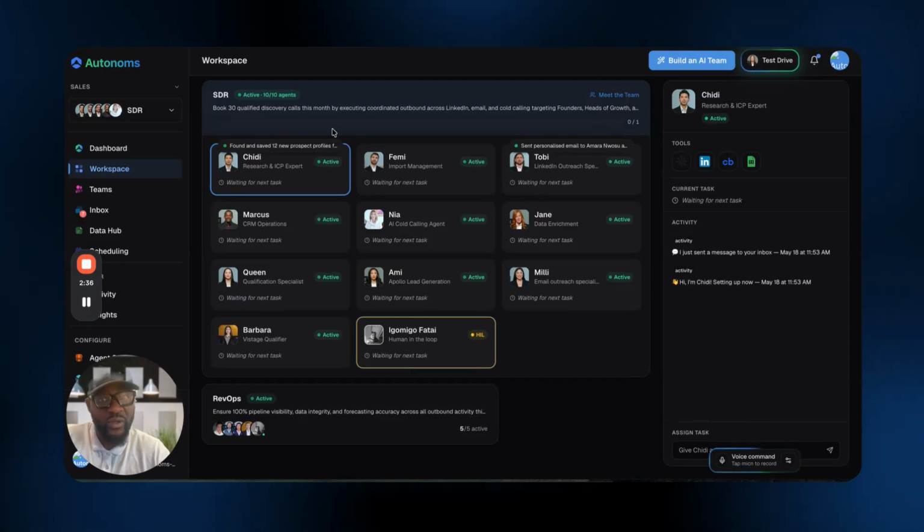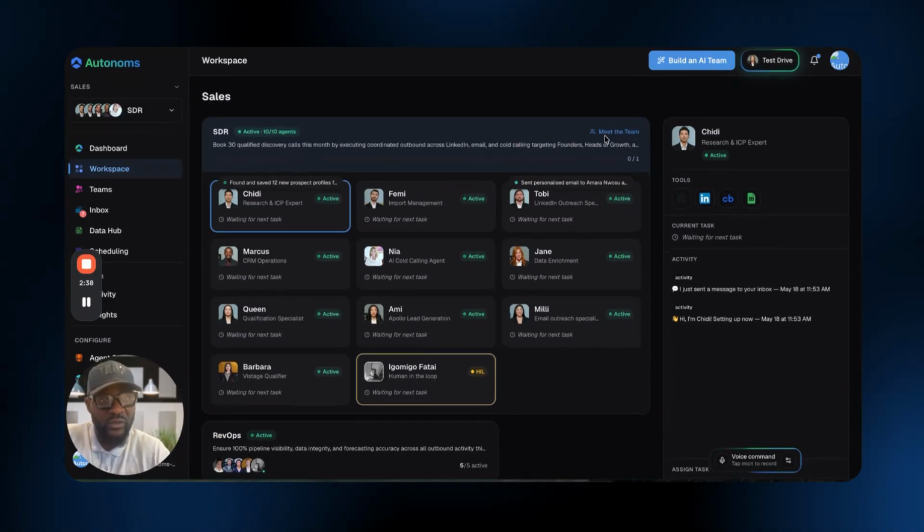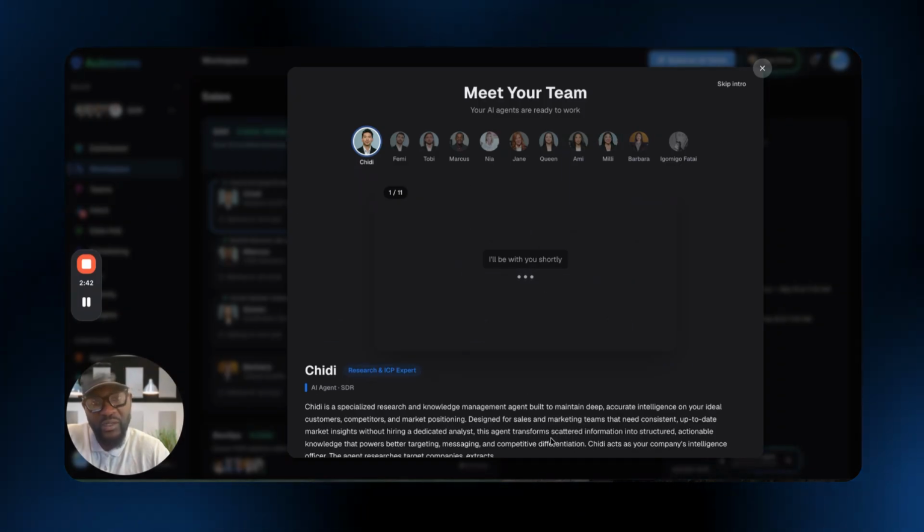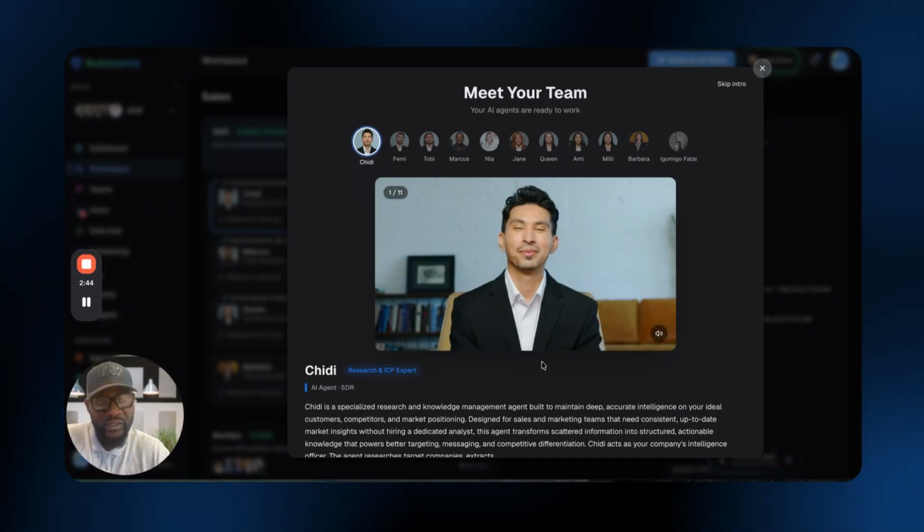But you can also, if you're not familiar with your team yet, do the meet the team, and they essentially come on and introduce themselves. Everybody goes one after the other and see